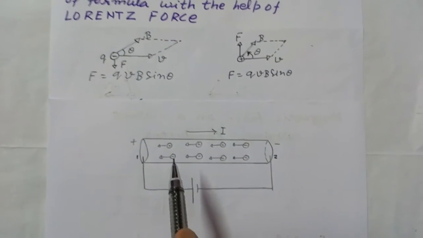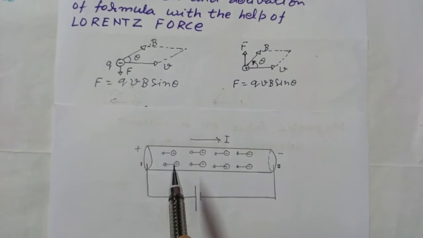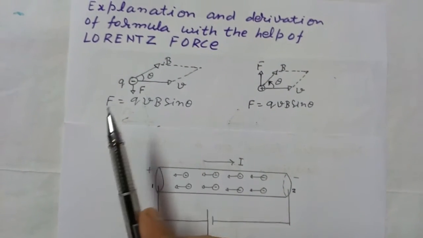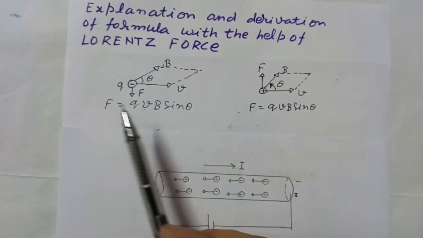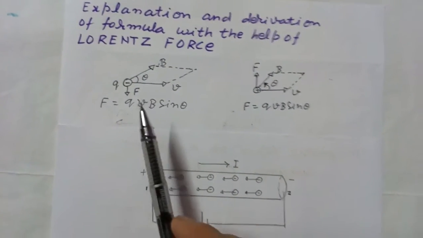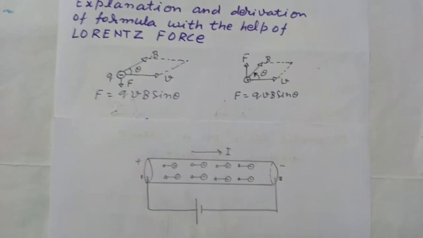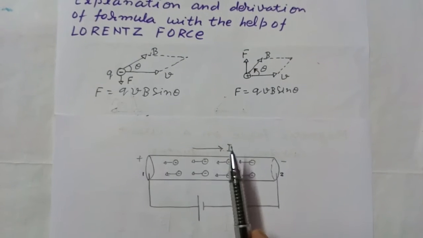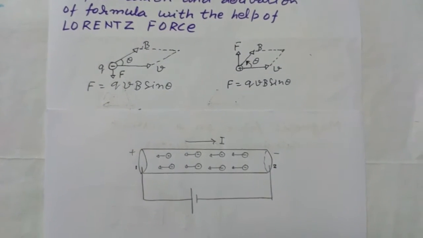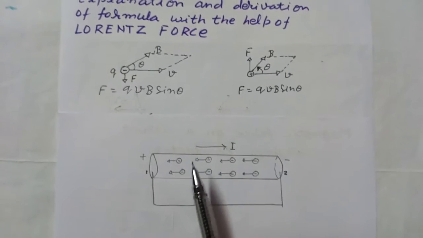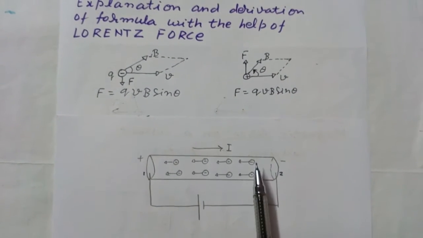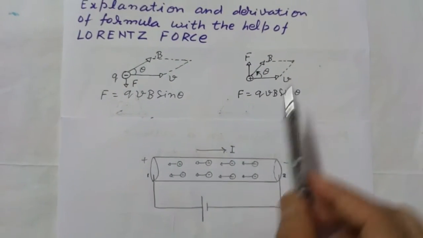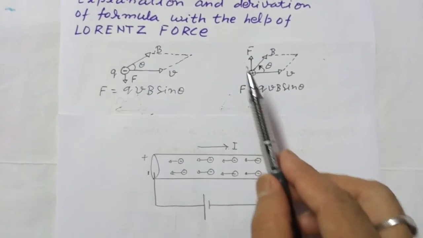each charge which is free electron will experience a force F is equal to qvB sin theta, and its direction will be given with the help of this diagram. Suppose electron is moving in this direction, so direction of current is opposite to it. So we may take direction of positive charge. इसके अंदर कंडक्टर के अंदर पॉजिटिव चार्ज नहीं मूव कर सके, लेकिन ये उसी के इक्विवेलेंट है कि अगर इलेक्ट्रॉन इधर से इधर चल रहा है तो पॉजिटिव चार्ज इधर चलेगा. So with the help of this diagram also we can give the direction.